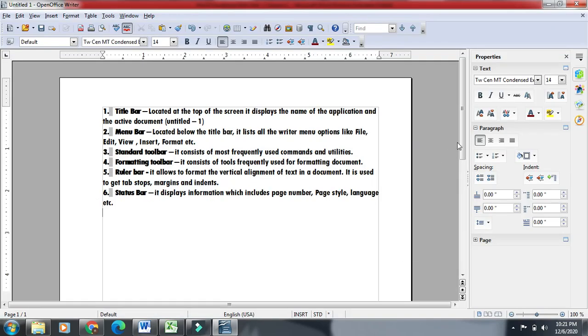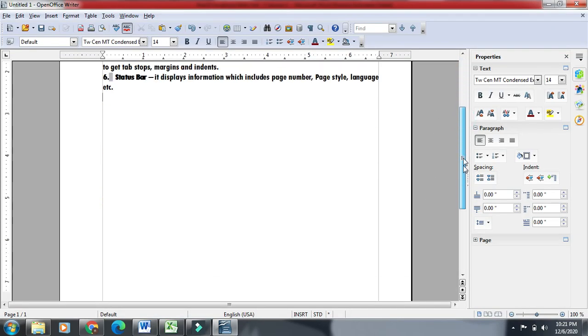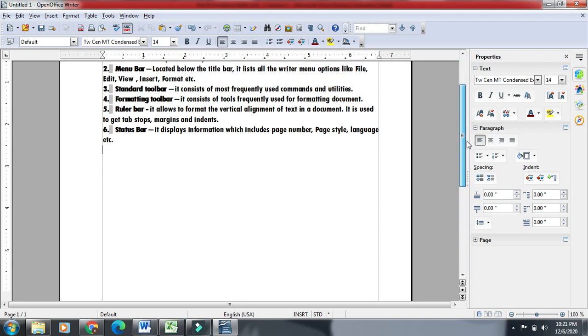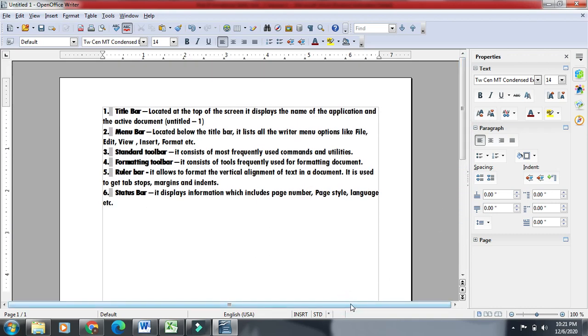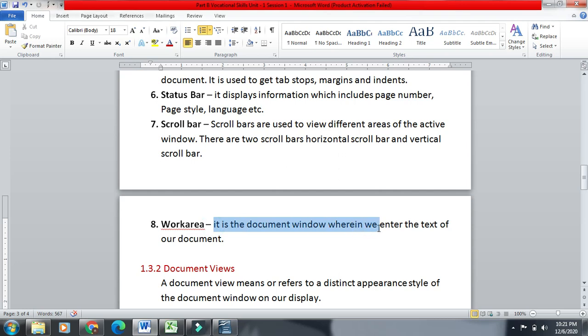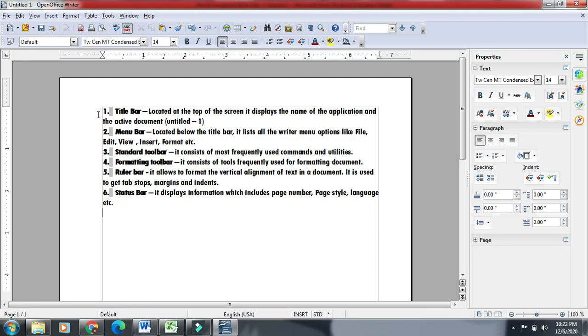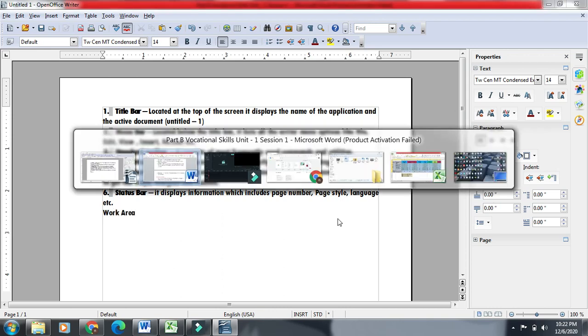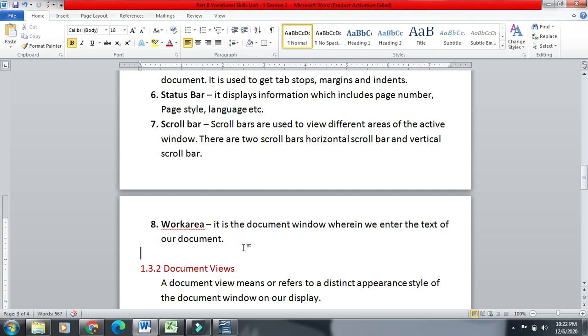This one is the vertical scroll bar and this one is the horizontal scroll bar. Now work area. It is the document window wherein we enter the text of our document. This is the text of our document, so this area is the work area. This is work area where we are typing our text or entering our text.